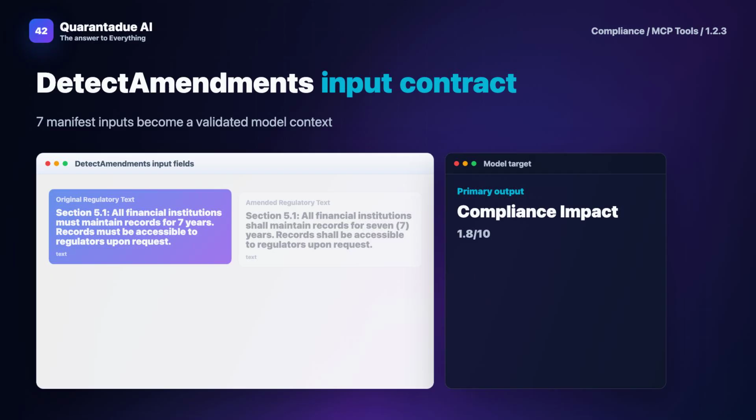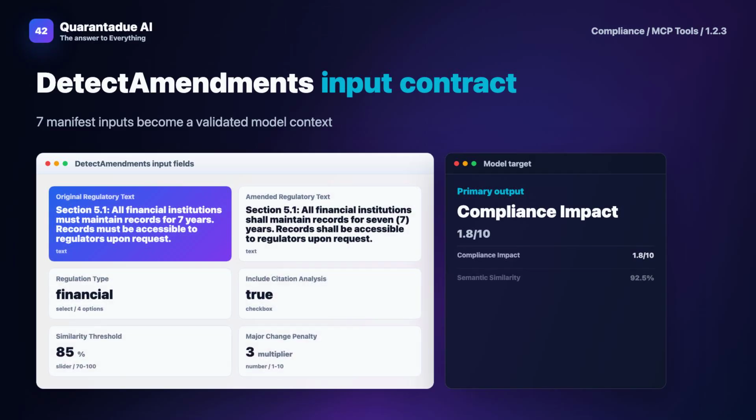The workflow then applies calculate semantic similarity between the original and amended text by comparing extracted concepts after stemming and normalization expressed as a percentage where 100% means identical regulatory intent. Calculate amendment frequency per 1,000 characters by detecting changes between texts and normalizing by average text length to show how